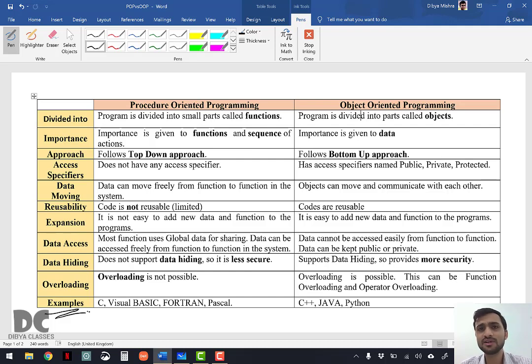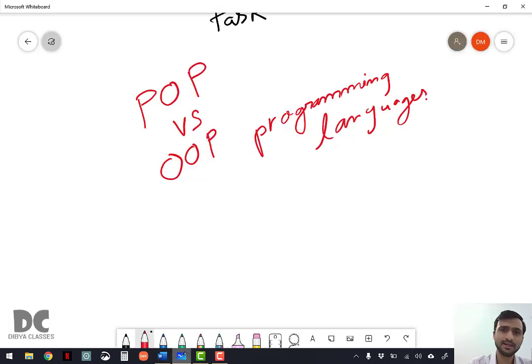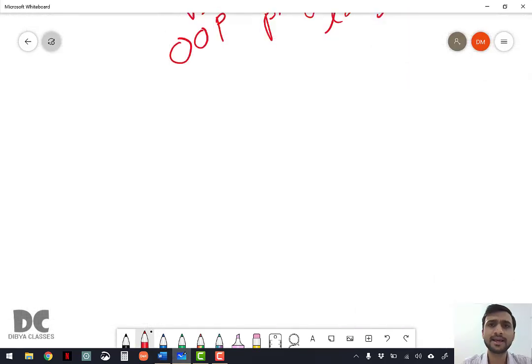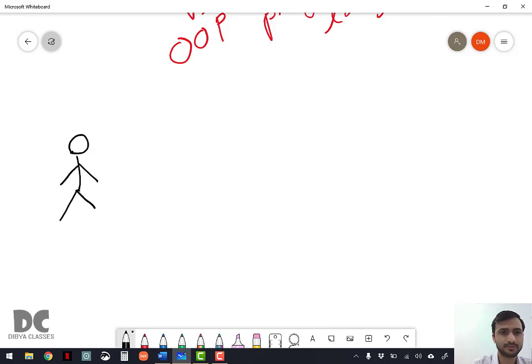So to understand what is the difference between POP and OOP, let us take a beautiful example of an ice cream factory. This is a guy whose name is A. He has an ice cream factory.